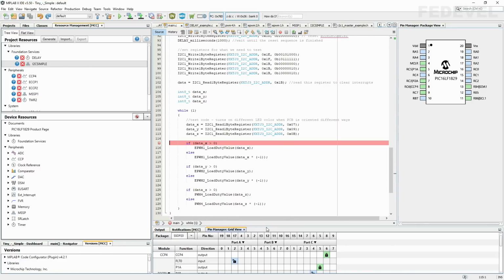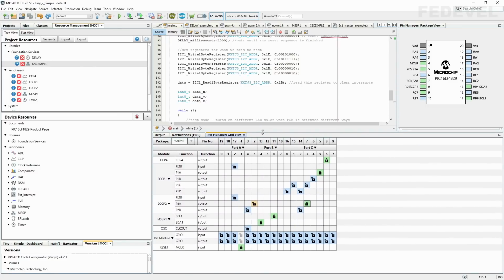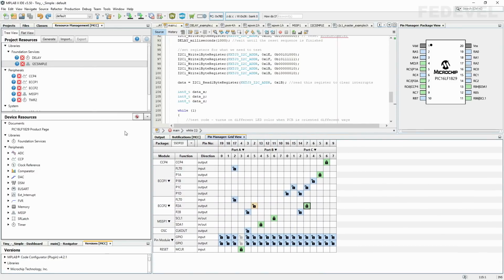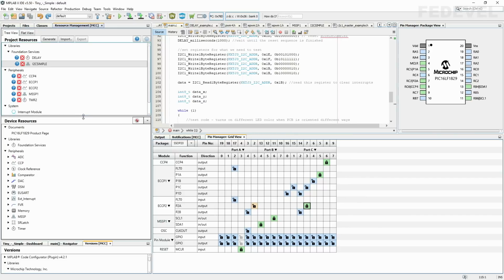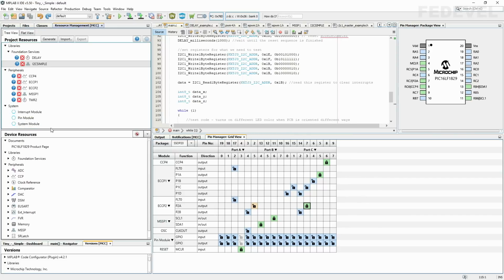I'm going to move this a little bit up because we would like to see it, and I'm going to move this a little bit down because we are going to use these modules. In the Pin Manager table, we would like to set the pin where the button is connected. We would like to set it as input.